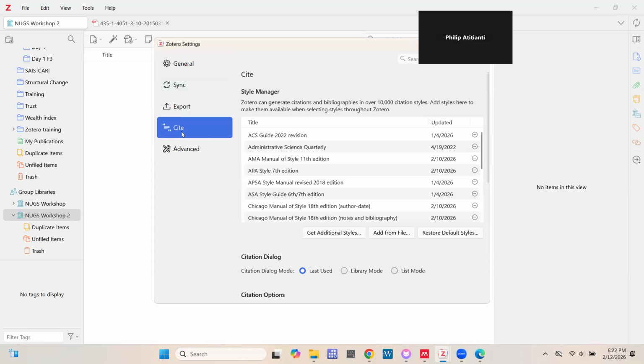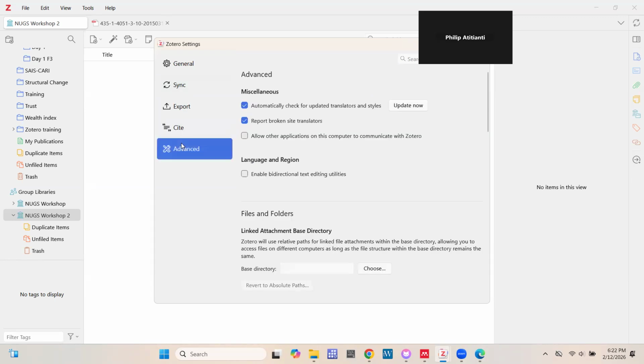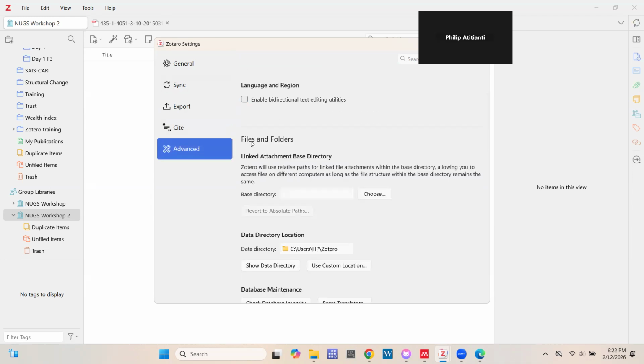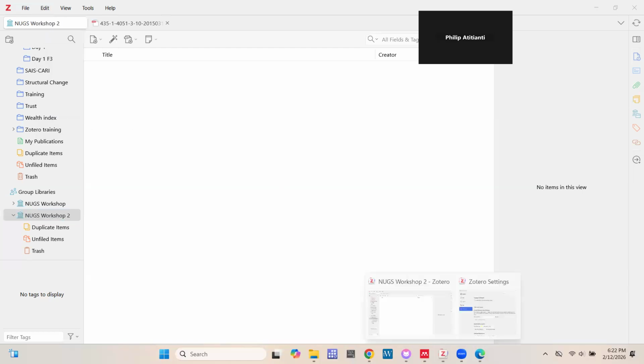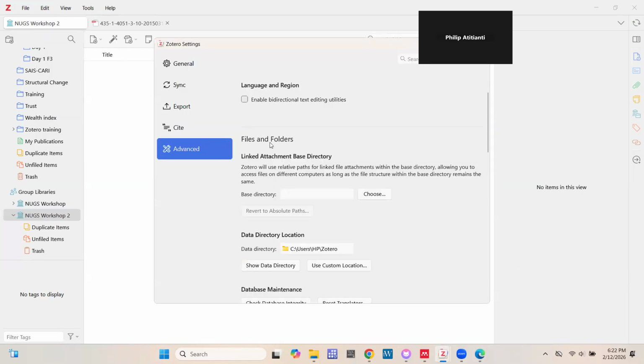Some of these things you would hardly use, so I'll not be going through them. And then if you come to advanced, it says files and folders. So you go to edit, settings, and then you go to advanced. And in advanced, you see files and folders. Now, this is where Zotero is keeping all the files you are feeding it.